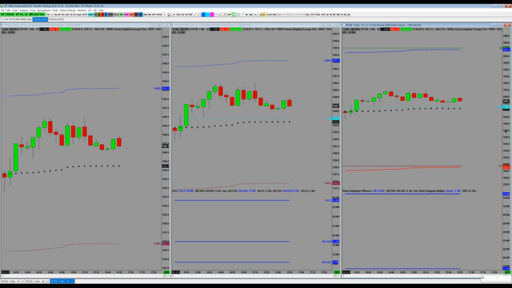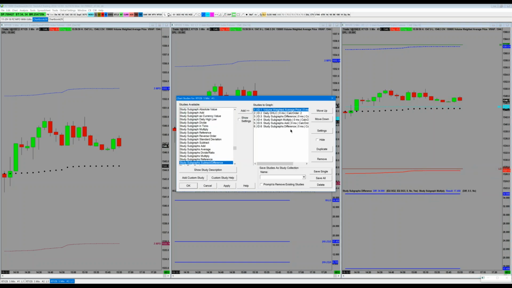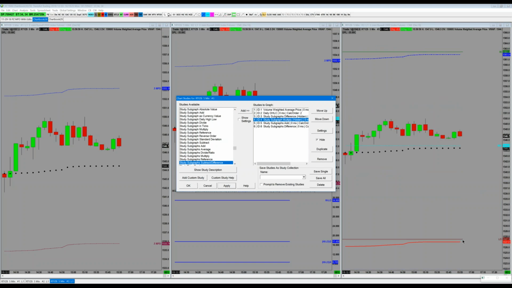So the idea here is that we just created this MPD using a series of arithmetic studies that are coded already for you in Sierra. You just have to be able to do one step at a time, and then once you have it looking the way you want, you could just hide everything in region 2. So that's going to be this difference. We'll hide that. The multiply, we'll hide that. And then it goes away, and we're left basically with the MPD. And everything else just goes on top of this.